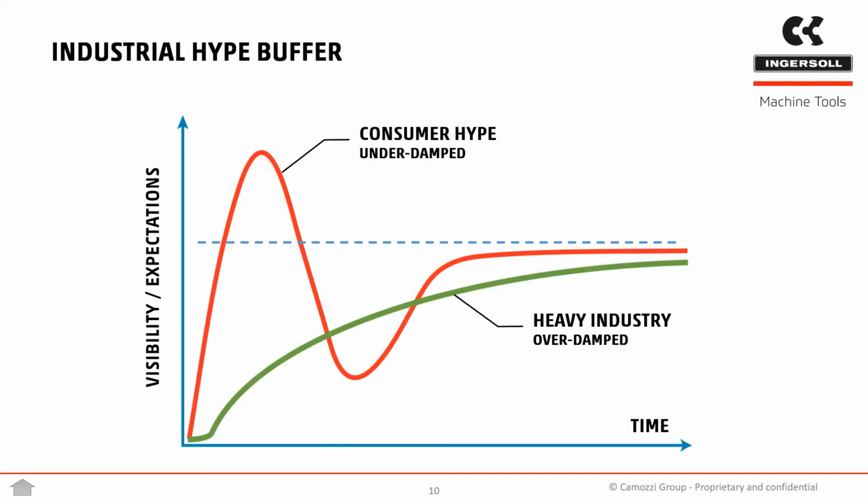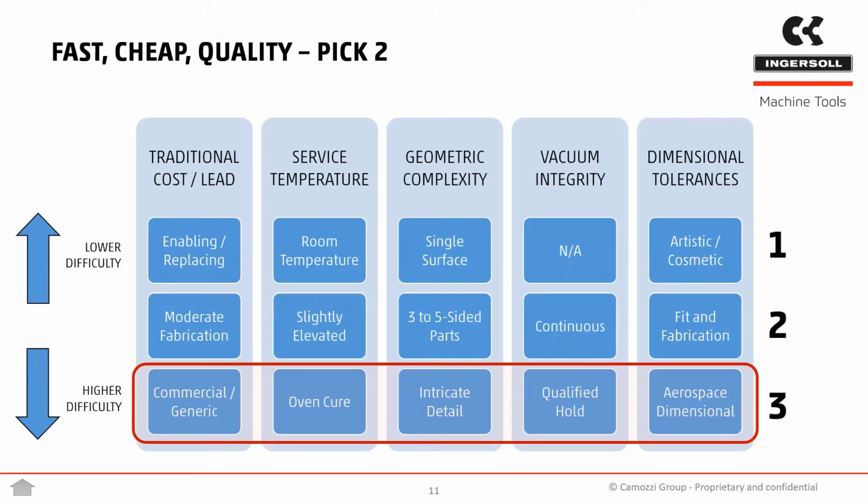I would argue that while the consumer space may behave as an underdamped system with overshoot and undershoot, heavy industry is more of an overdamped system, usually citing established supply chains, some lag of infrastructure, and security concerns. So to get to that asymptote faster for ideal technology adoption, we should get smarter at choosing the ideal applications